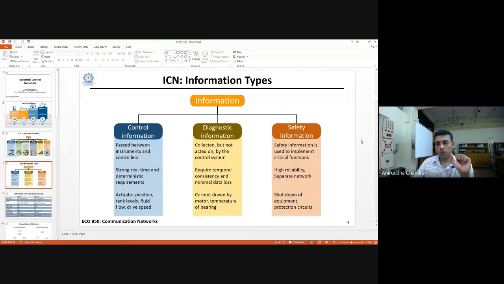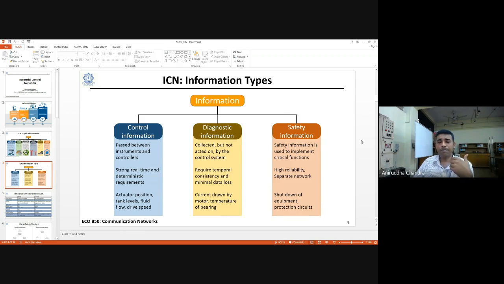At which rotation, at which speed and in which direction you have to drill, that is control information that should pass from a control station above the mine to that drilling machine. On the other hand, the drilling machine has some sensors, like how heated it has already become or how deep it has already gone. Those kinds of information are diagnostic information which should be sent back to the control unit, so that based on that, further control information can be sent.